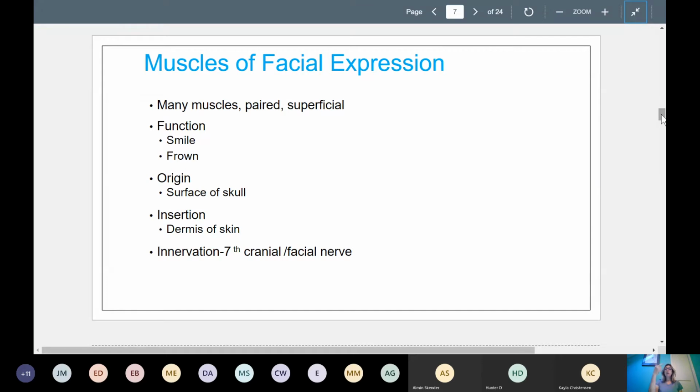So anytime it's like orbicularis, it's going to mean orbits or goes around. Then you've got anything with the term levator. Anything, levitate means to lift up. So anytime a muscle is called levator something, it's going to be lifting something up. And then your other group of muscles have the word depressor. Think of depress being really down. Depressing pushes something down. So any of the muscles of facial expression that have depressor means they're pulling something down,